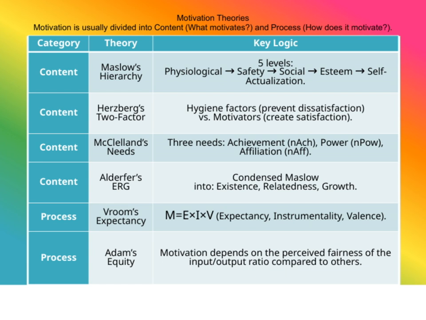Alderfer's ERG theory simplifies Maslow's hierarchy into 3 core categories: existence, relatedness, and growth. This model suggests that these needs can be pursued simultaneously, and that frustration in higher-level needs can lead us to focus more on lower-level needs. Moving to process theories,